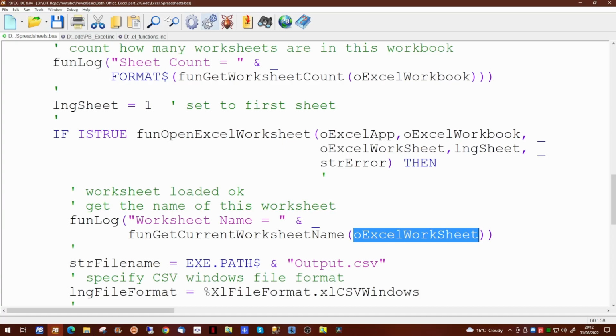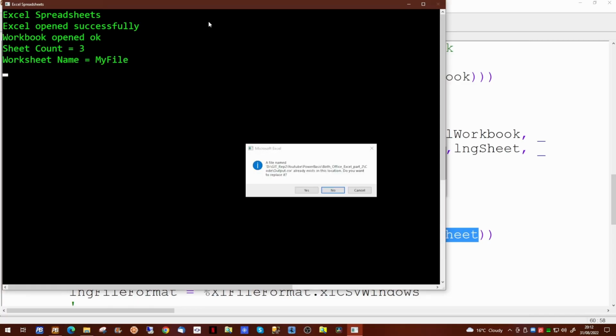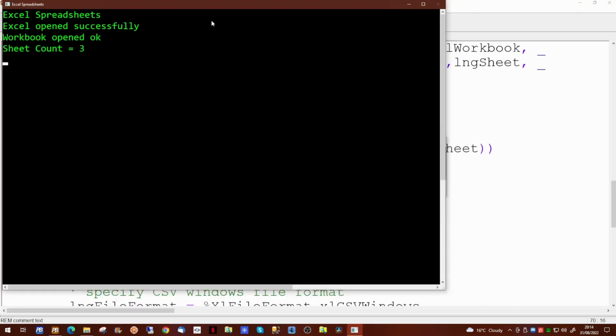If we run that now, it will tell us that the number of sheets is 3 and the worksheet name we're about to load is My File. So we can put a quite simple piece of code in to kill off the output file to ensure it does not exist before we call Excel to save its file. So if we run this once more, it will instantiate Excel, open the workbook, and save the data without prompting you to overwrite the file.